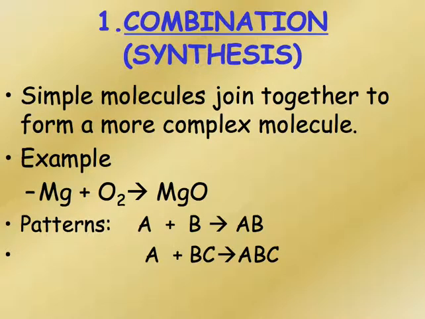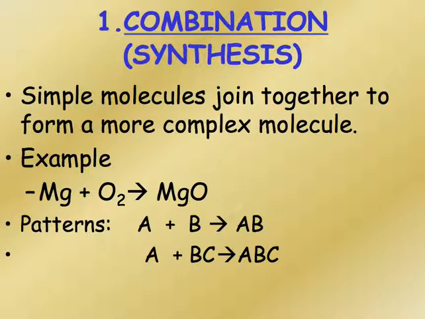The first one is called a combination or synthesis reaction. This is where we have simple molecules joining together to form more complex molecules. A way to look at this is we have magnesium and we have oxygen. Usually when we do this, we burn it, and what's left over is magnesium oxide. So we have this nice shiny gray metal reacting with oxygen during burning to form a white powdery ash called magnesium oxide. Ways to represent this in a generic way or as a pattern, we would say A plus B yields AB,